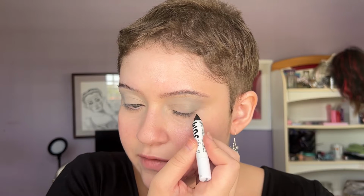With this one, I recommend that you set it into place with a lot of black eyeshadow, because sometimes I've only done a little bit of black eyeshadow and it still runs. So this pencil definitely needs to be set into place with lots of black eyeshadow, and that's how you can keep it in place. So I'm just going to be doing the outline of my eye,